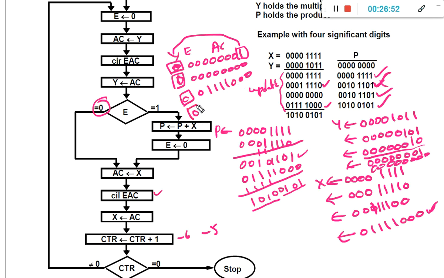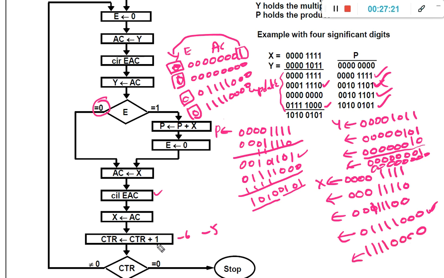So if you perform the circular left operation, then 1 1 1 1 0 0 0 0. If you do not remember how to perform the circular left and circular right, watch the previous videos. So now update the x value. X value is updated with accumulate register value, that is 1 1 1 1 0 0 0 0.